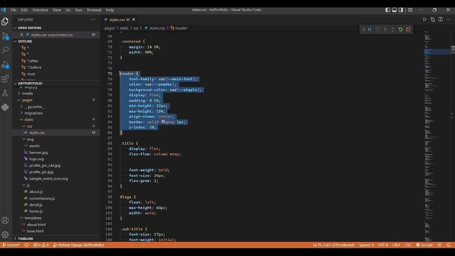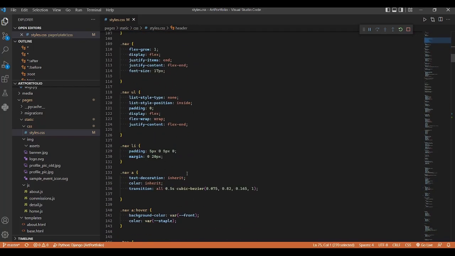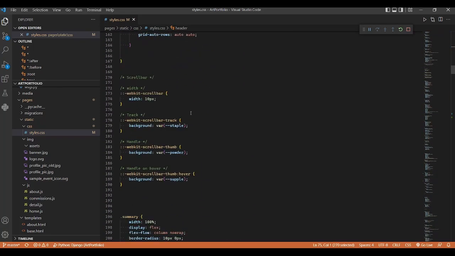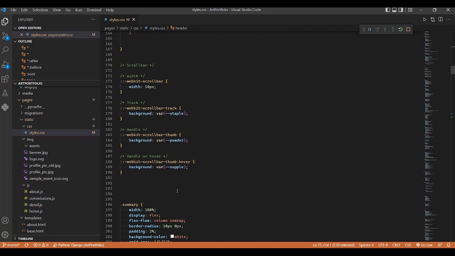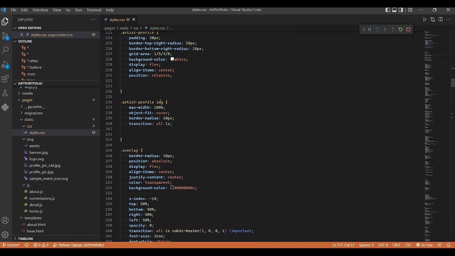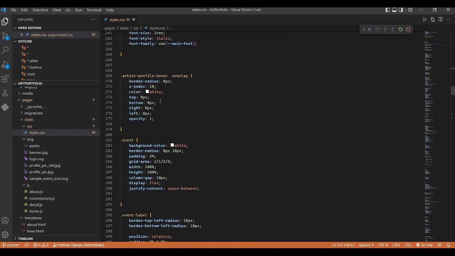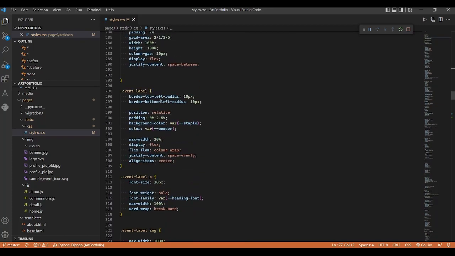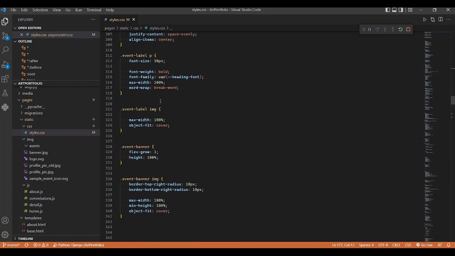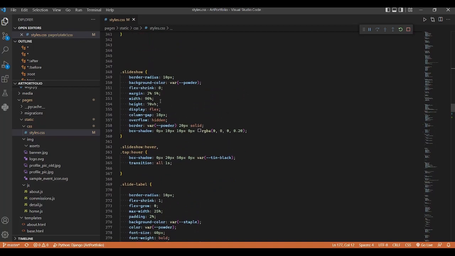I have the header, and I have a CSS for the scroll bar. So this is a custom scroll bar. Then I have several classes for parts of the HTML. Then the slideshow